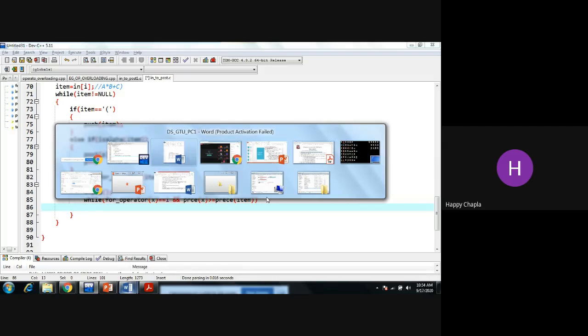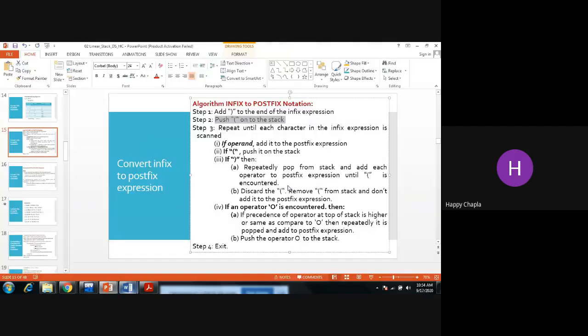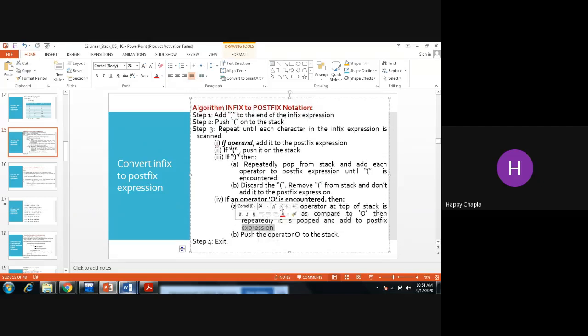Check the case over here in the algorithm. We are over here inside this. Now, if the precedence of my operator at the top of the stack is higher or the same as compared to the incoming operator, then repeatedly it is popped out and added into the postfix expression.